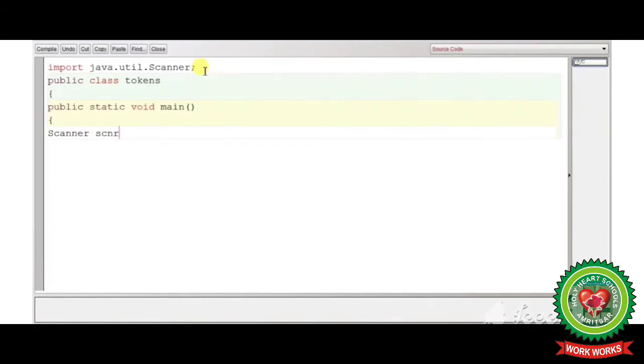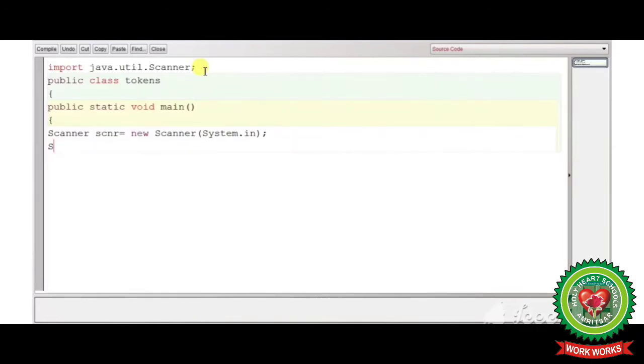We can write any object name equal to new Scanner. The new keyword is used to give space to the object in the memory. New Scanner round bracket start System.in. System is an inbuilt class and .in is used to take input.